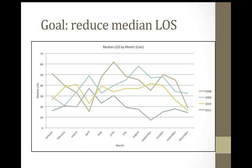And we thought, oh no, here we go. We're actually higher than April of last year. What's going to happen this year? But look at what happened in 2011. Because we started with a lower length of stay to begin with, we were able to actually hold it down. And again, we continued to learn and improve and perfect the strategies we were trying, along with putting in other